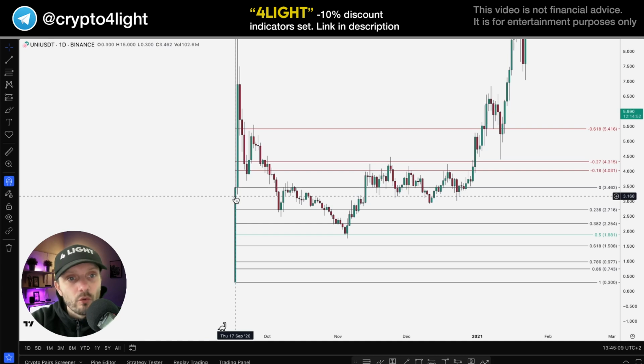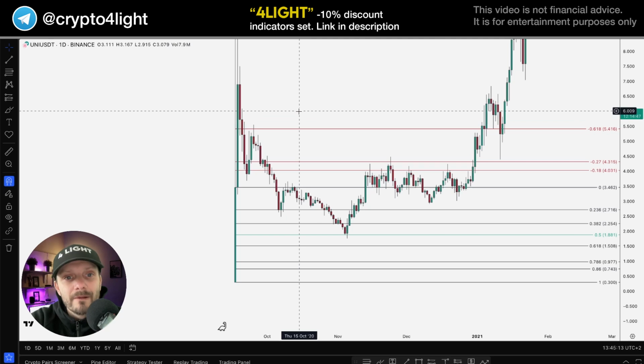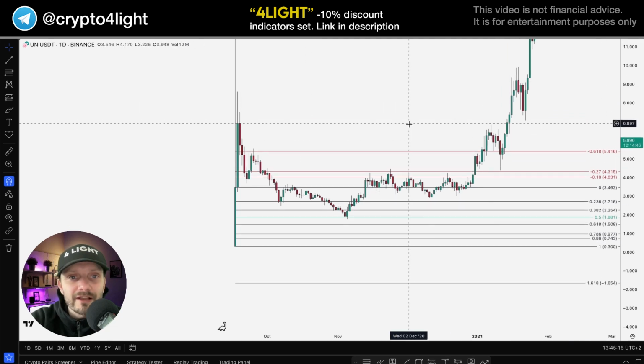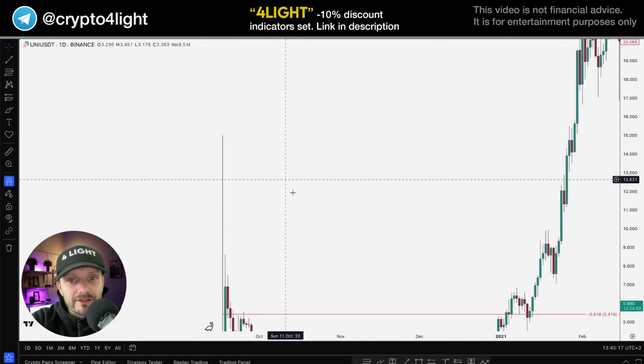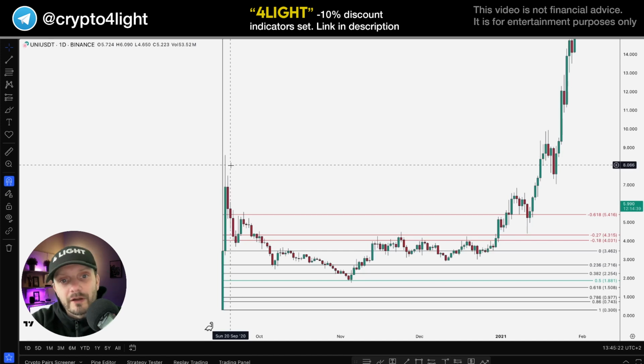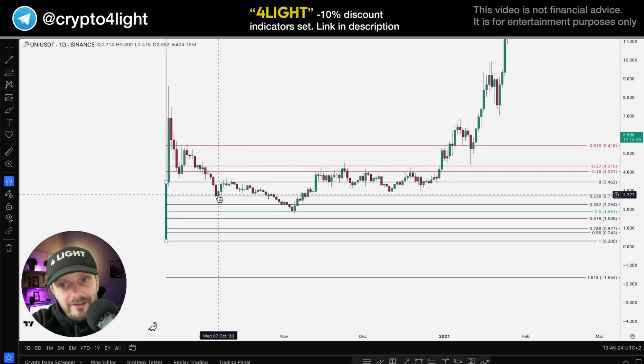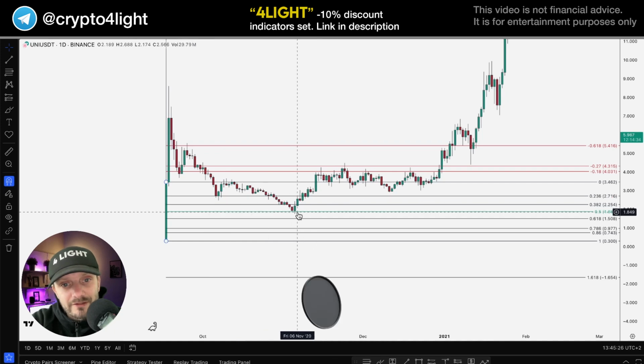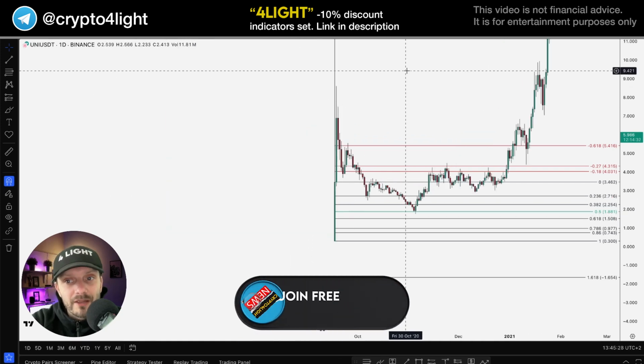September 20, lowest point was 30 cents. The daily candle close was $3.42. After that, on the next day, I'm not counting that spike. On the next day, we pumped it to $8.53. Everybody screaming, we're going to the moon. And after that, we landed at the 23 level by FIB and in the OK zone to buy.